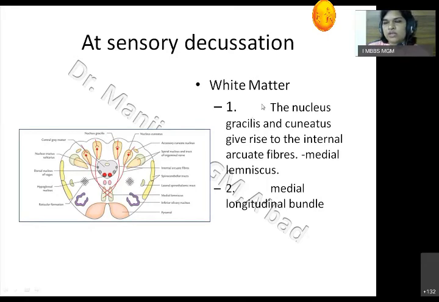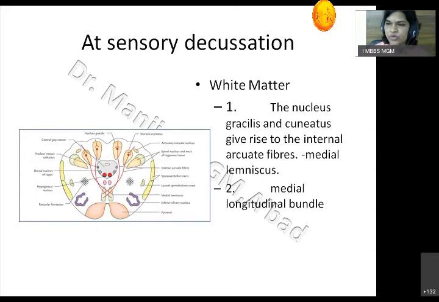Then whenever a section comes, you have to divide it into white matter and gray matter. So first we will see the white matter. These are the dorsal column tracts, that is fasciculus cuneatus and gracilis. Here the first order neuron will synapse in its respective nucleus. From there the second order neuron will start and go around the central gray matter towards the pyramid, and they will cross to the opposite side and form a new lemniscus called the medial lemniscus. The fibers going from nucleus gracilis and cuneatus to the medial lemniscus are called internal arcuate fibers.